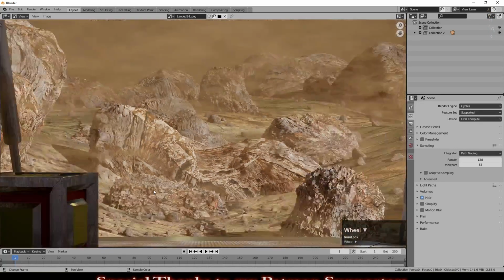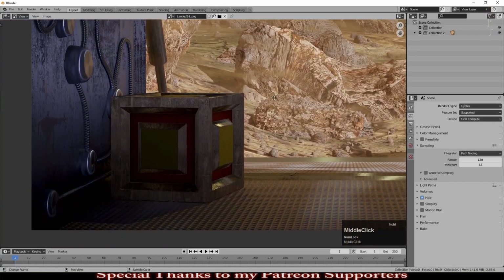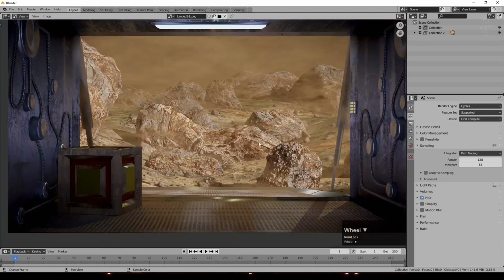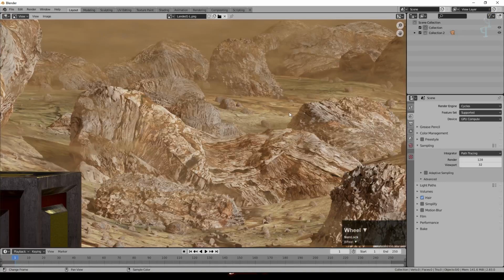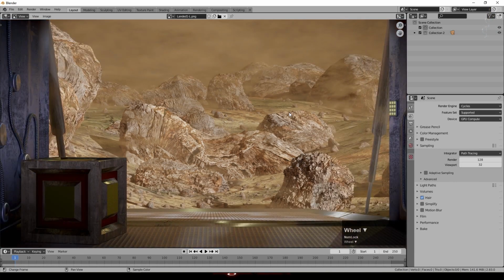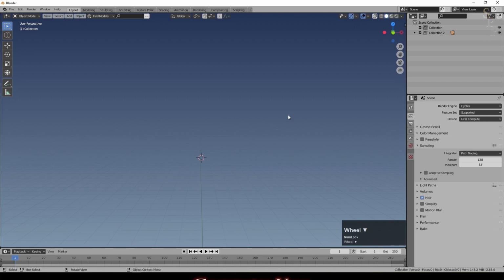I created this at a relatively high resolution, as you can see, so you can actually zoom in quite a bit. And for my Patreon subscribers, I will upload this as a file that you can play with, although some of the textures won't be available because they're downloaded from places like CG Textures, but the basic geometry and so on will be there. So to begin with, let's create the landscape.